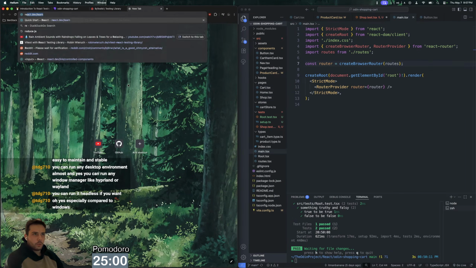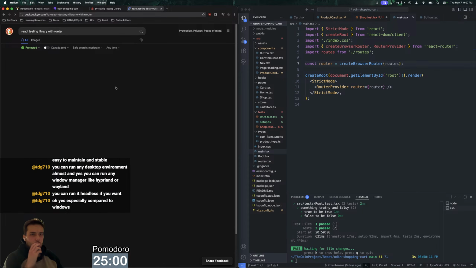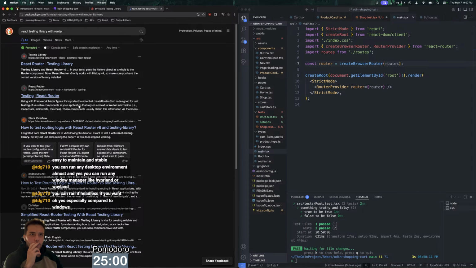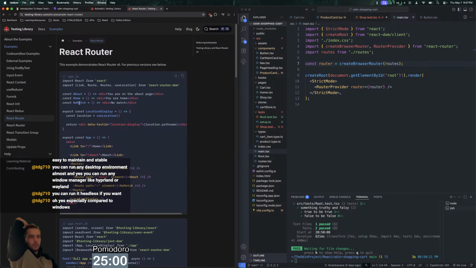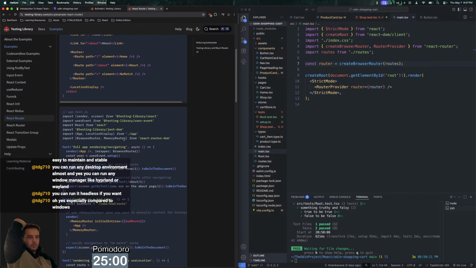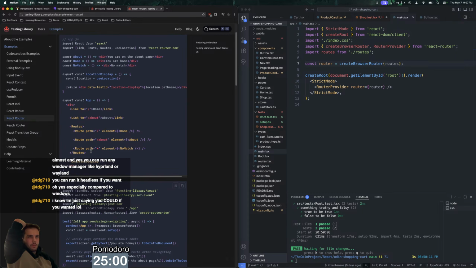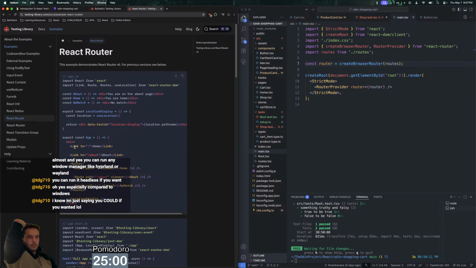let's see. React Testing Library with router. I don't know how this works. React Router. Oh, is this a different one? Man. Render app. Because this is, oh, that's the default. But there's no